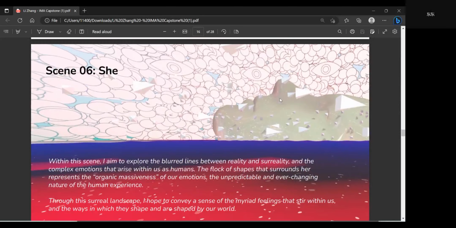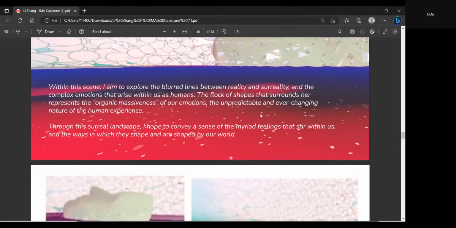Continuing on that scene which explores human emotion, in this scene I want to dig deeper into how the author depicts women in the text and how I can visualize that, integrating my objective of surreal aesthetics. I put this large human head in the scene and try to lead the users to approach this large object.